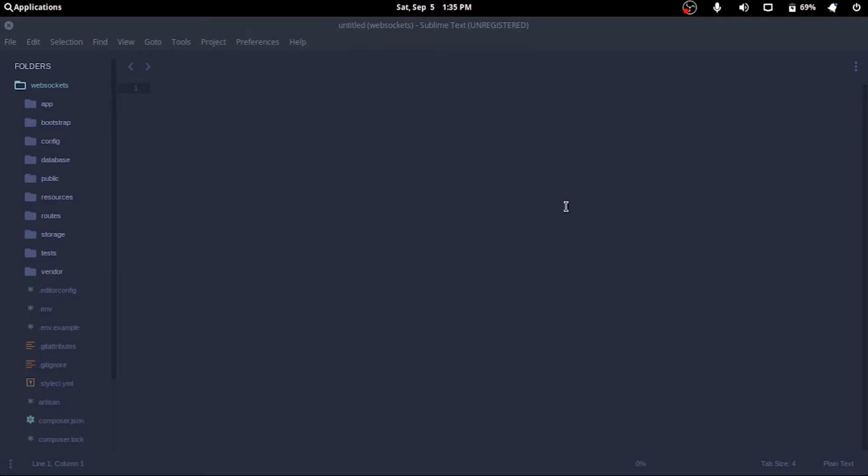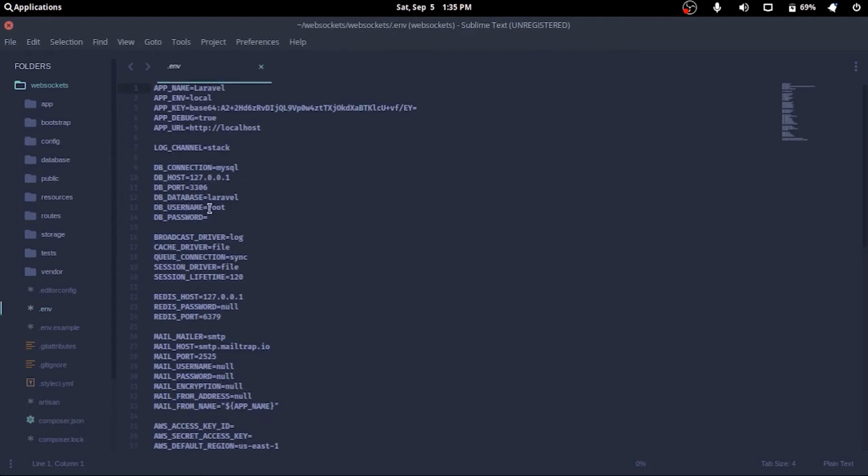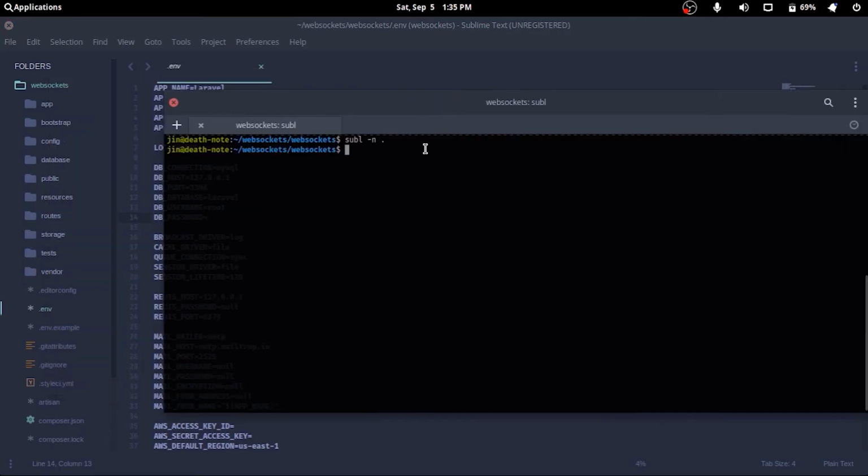First, let's configure our environment. I'm using a MySQL database, Laravel with user root and no password. So I'll run the migrations.